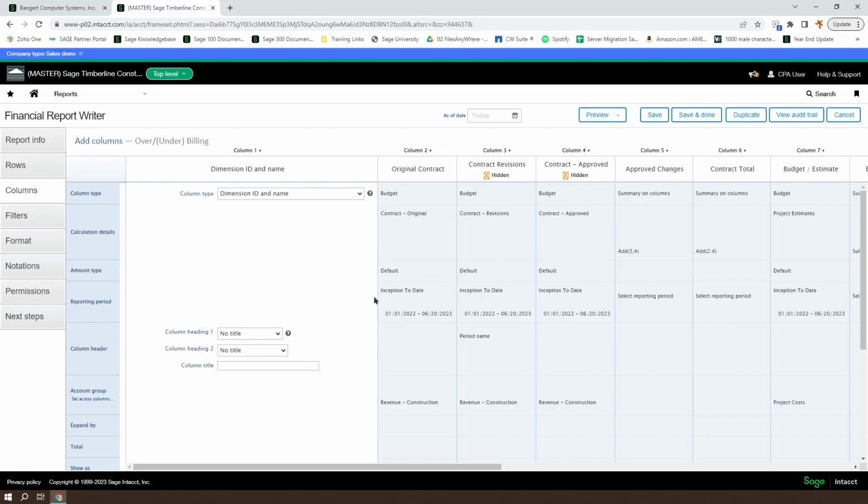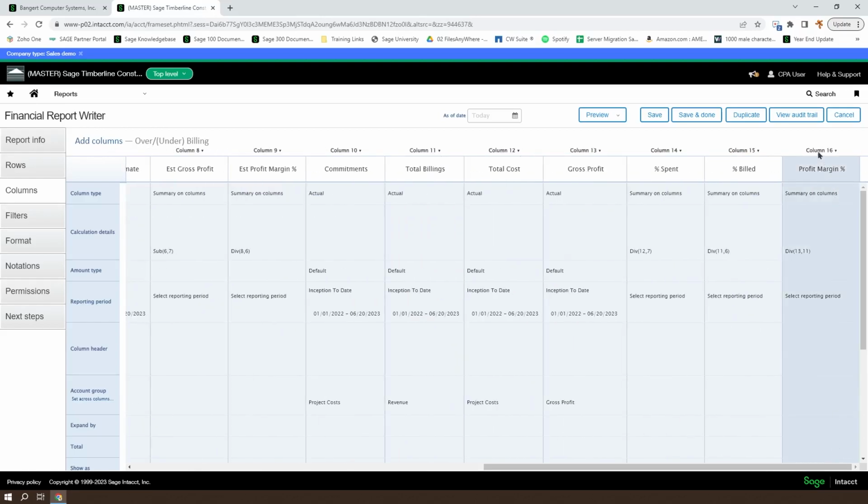So typically the earned amount is going to be the percent complete times the contract value, so that you get what percentage of the contract have I earned based on the completion percentage of the job. So most of the time, that's going to be calculated with the standard calculation of total cost over budget to get your percent complete times your contract to get your earned. And then you'll take your billings minus your earned to find out whether or not you're over or under billing. So that's what we're going to do today.